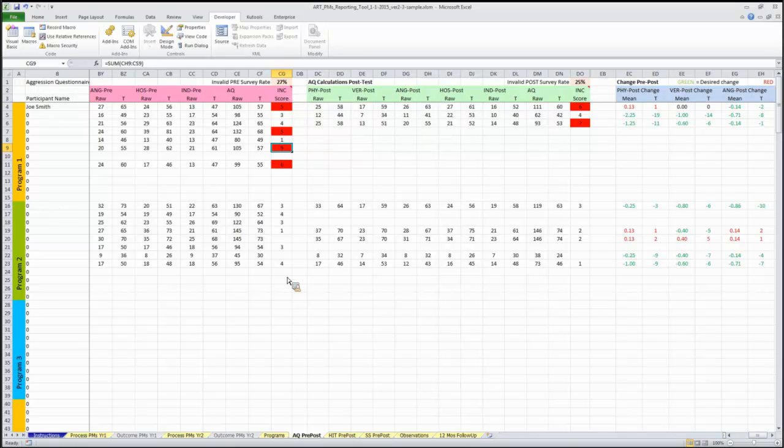So then what we do within the spreadsheet is at the very top here. This invalid pre-survey rate is at 27%. In this particular sample, you'll see that there are somewhere around 16 or 17 pre and post tests that have been taken by youth, and 27% of those are highlighted in red and being suspect. This is actually a little bit high of an inconsistent survey rate. We usually see these at 25% or less, but in general